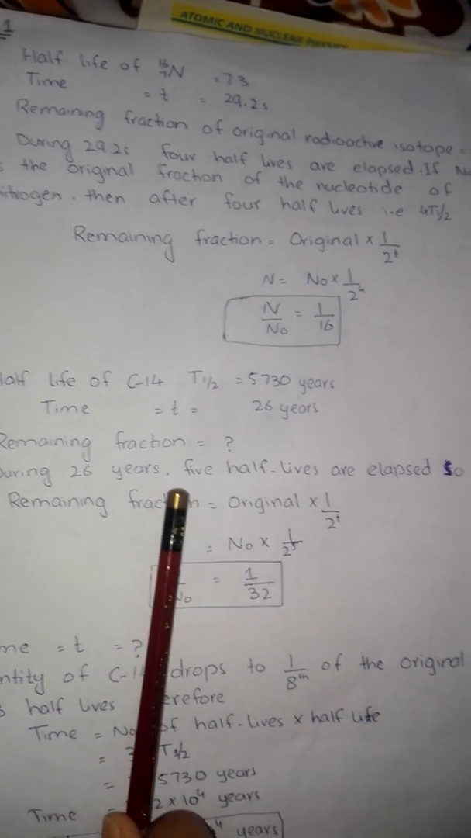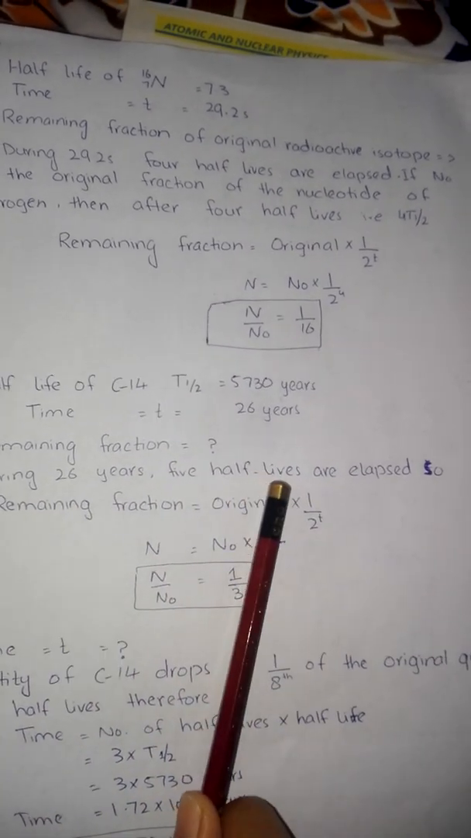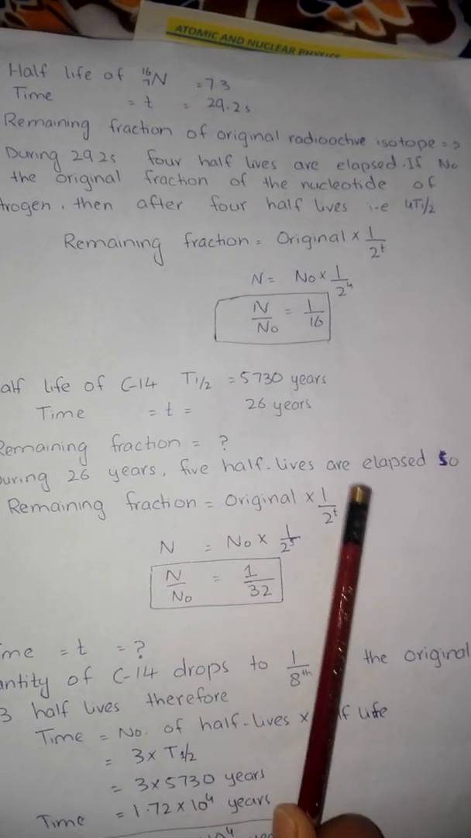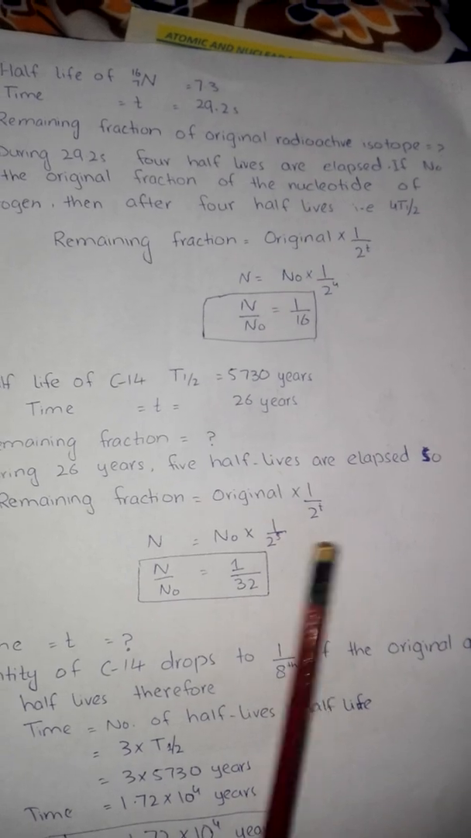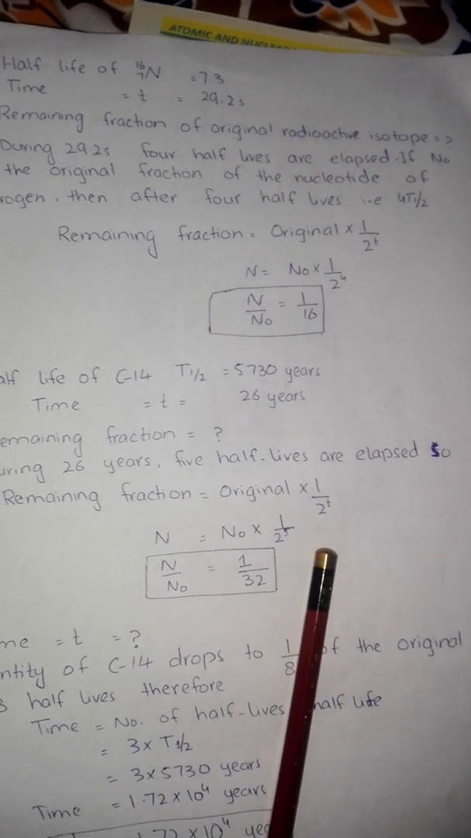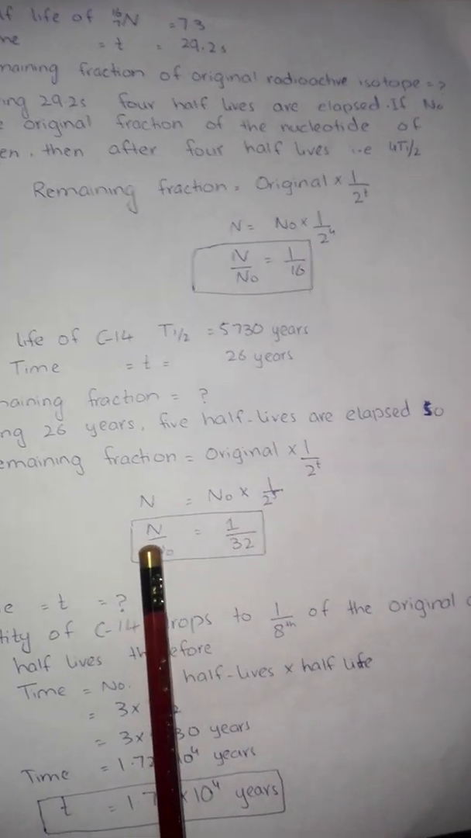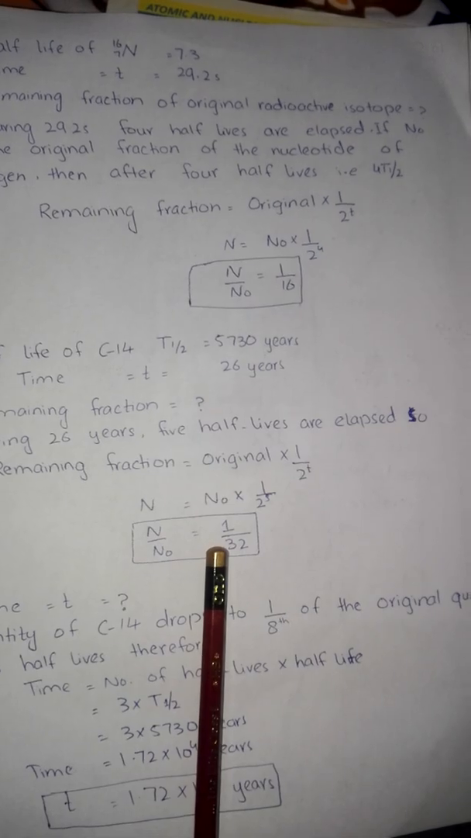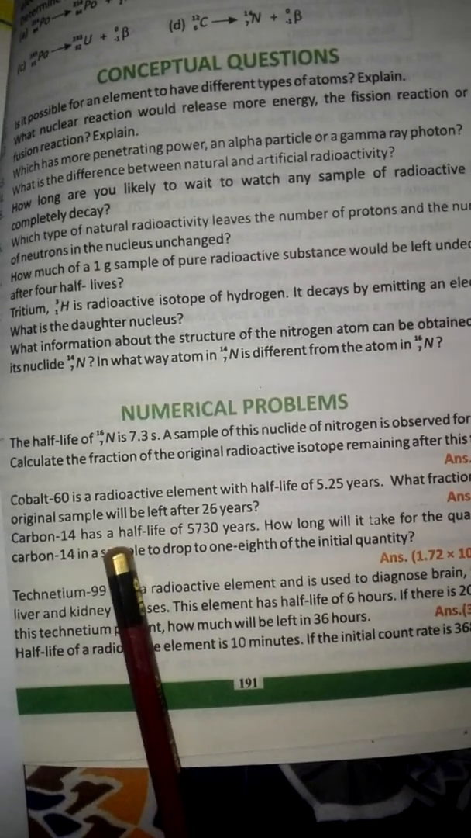During 26 years 5 half-lives are elapsed, so remaining fraction is equal to original into (1/2) raised to power t. So N is equal to N naught into 1/2 to the power 5, and then by moving N naught this side, N over N naught, we get 1/32. Clear? After this, 18.3, carbon 14 has